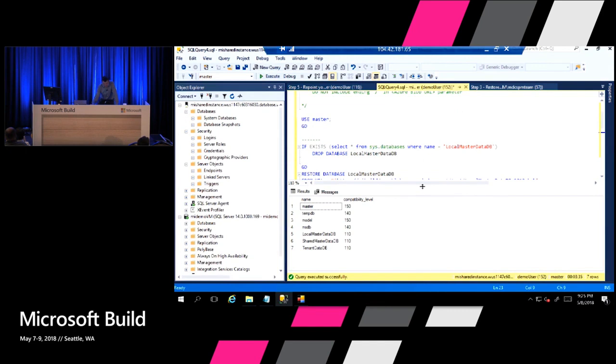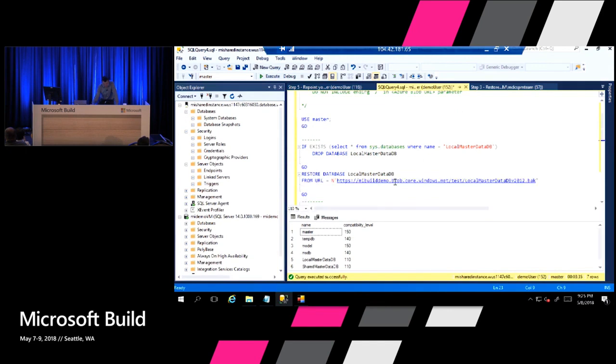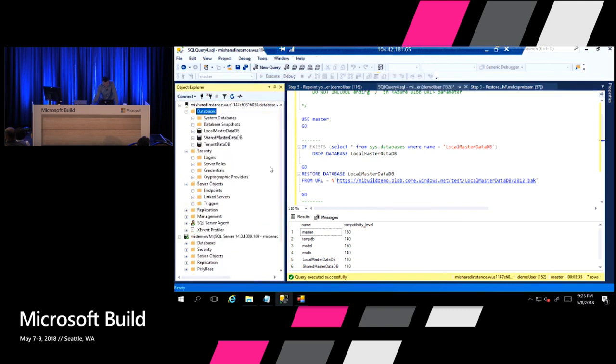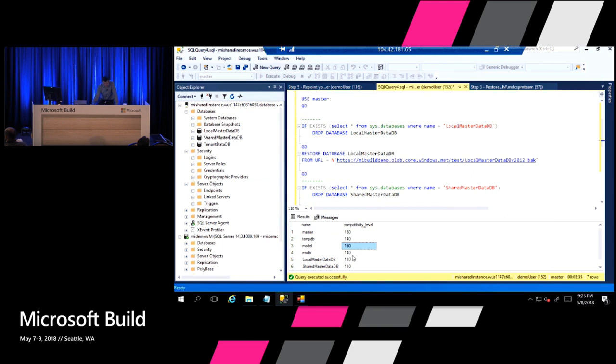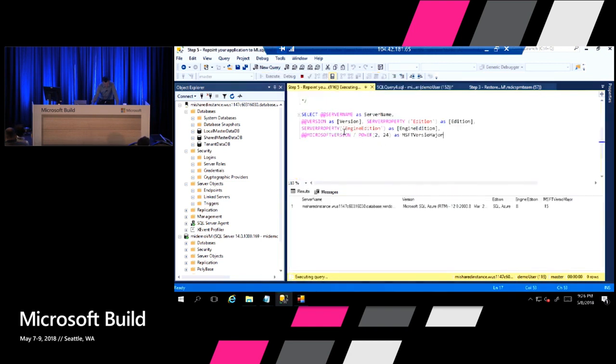So I restored my databases, and as you can see, they're all here, 3 databases. As I said, by default I kept the original compatibility level 110, which guarantees that if I have a dependency on features running on this compat level, they will just work with the managed instance. I can later decide to increase the compat level, but that's up to me as a user. And then, okay, let me quickly run this.